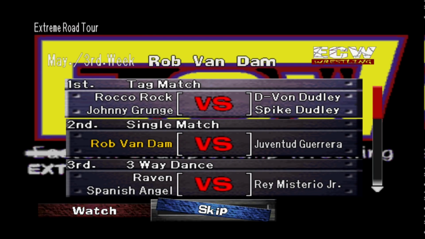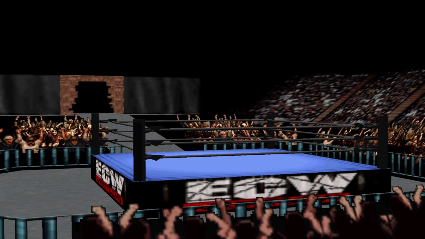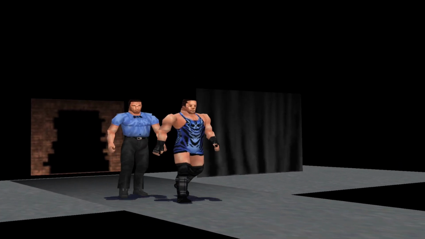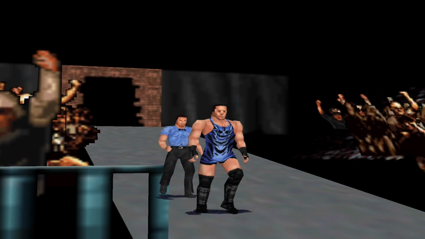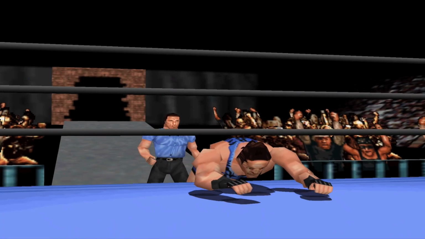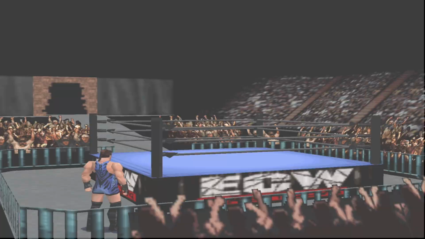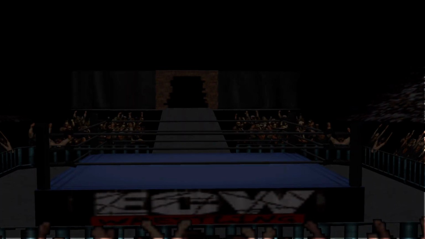And for this next match here with Juventud Guerrera, I decided we would go with an old-fashioned first blood match. I still left the pin modifiers on as well, and falls count anywhere, just in case, because I think it was last episode where I tried to do a first blood match with Rhino, and it just went on for literally like 10 minutes of me just bashing his face over and over again on the barricade, on the freaking turnpost. So you know,